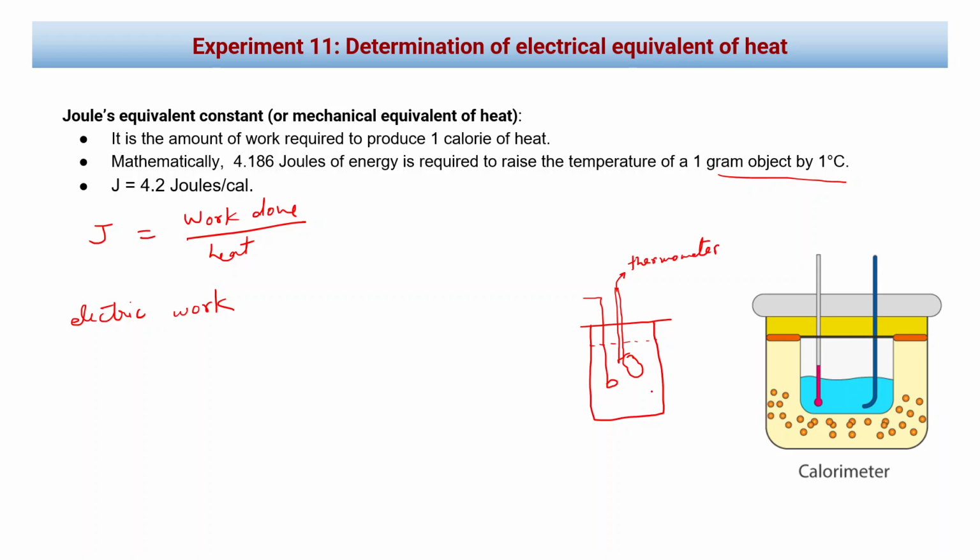So a container with the stirrer is what is called a calorimeter. You can see this is the thermometer, this is the stirrer, and we insulate it. So this setup is called a calorimeter. Okay, so as I was saying, in this experiment it was demonstrated that we were using electric work